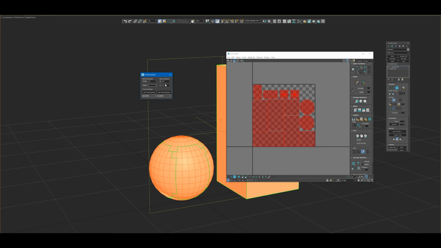According to 1 square meter, I'm getting 512. I'm using the 512 map. So let me get the texel density for this one. It's exactly 512. Suppose you are using a wall which is around 5 meters in width and 5 meters in height, and you want to get the exact texel resolution for this one. Just press get texel density and you will get